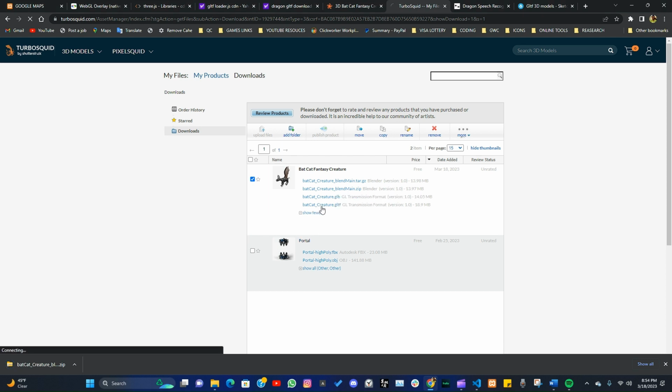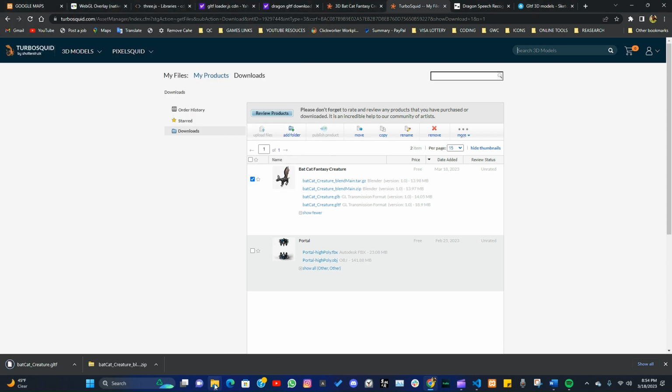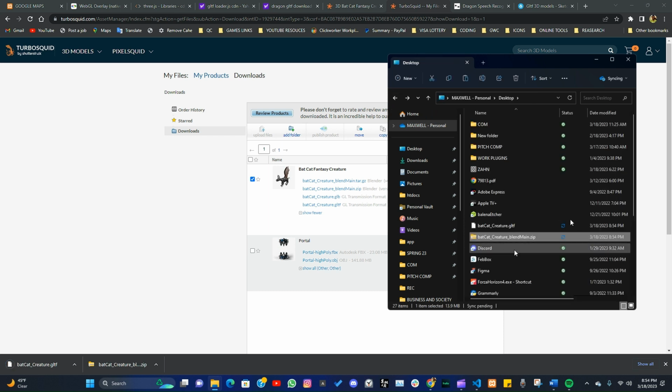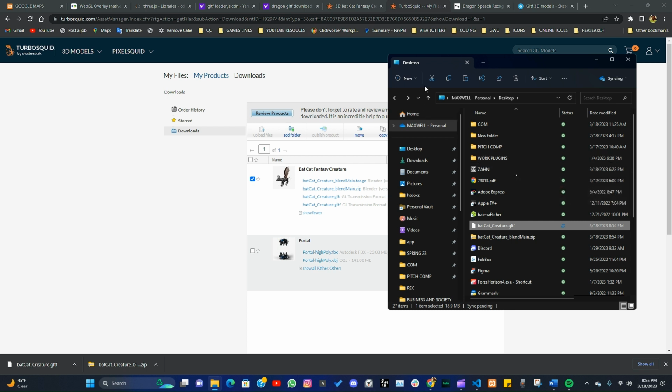Okay, so we have the GLTF file here. So let's just get the GLTF directly. So let's put it on our desktop. Let's go back. So let's see, Batcat. So we have batcat.gltf. So let's just cut it and